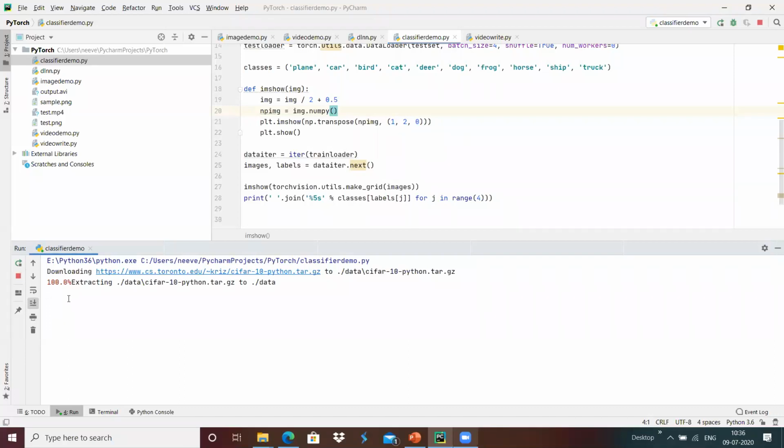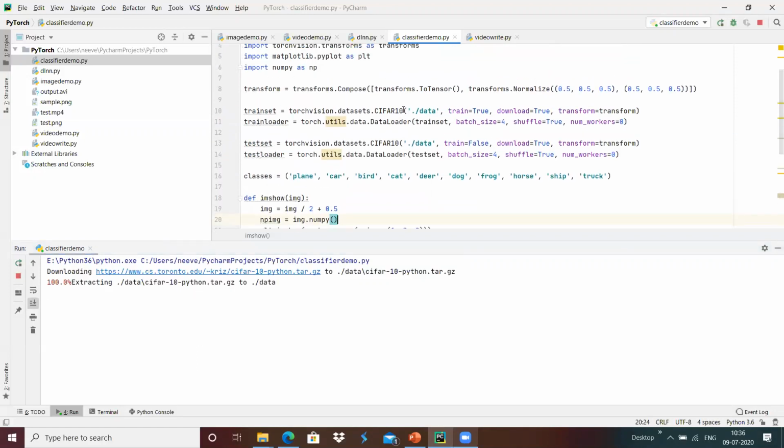Now it is trying to extract into the data folder over here. Once it is extracted, we will see what it contains.